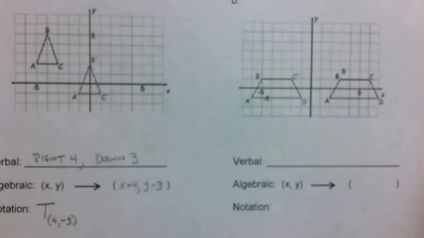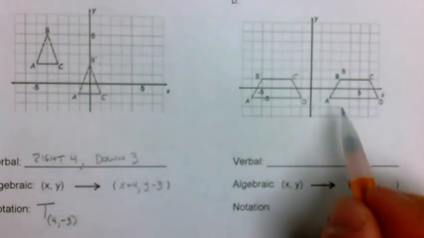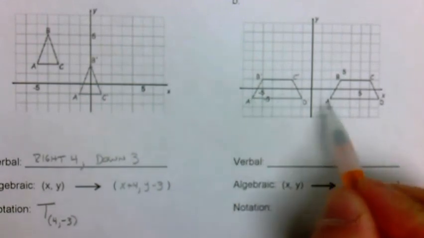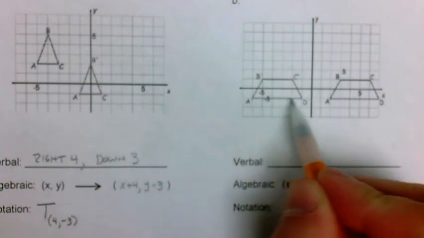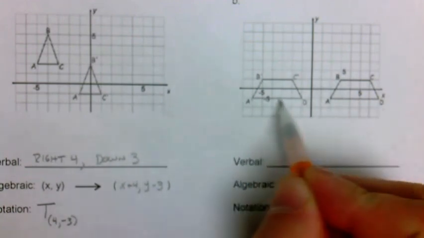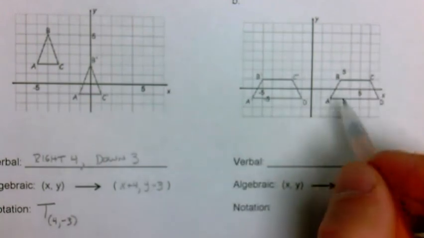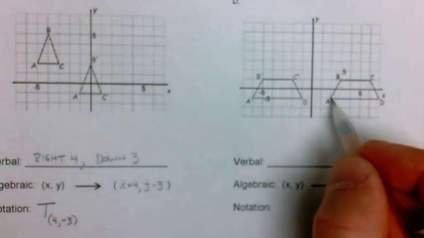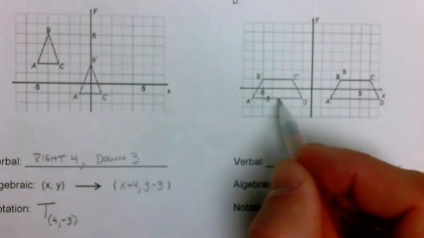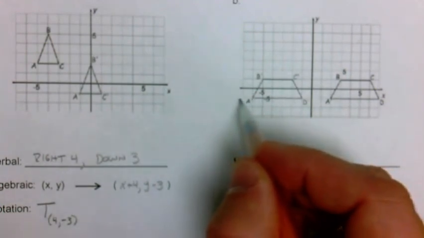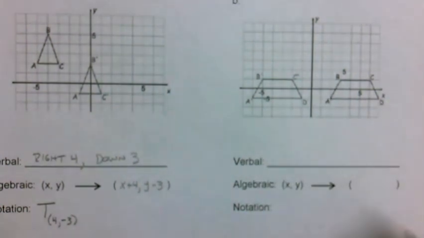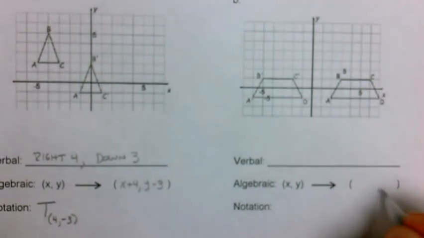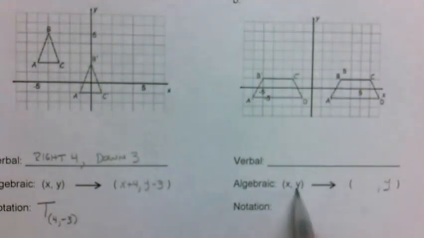Now, the nice thing about this one, all right, if you just pick any random point, let's use A to A prime. Notice that these are already on the same line here on the x-axis, meaning that I don't have to move my point vertically at all, right? A lines up with A prime along this horizontal line here. So I know that my y coordinate isn't going to change at all. I'm not going to have to move vertically up or down. So I'm just going to, at the end here, put a y because my y coordinate isn't going to change